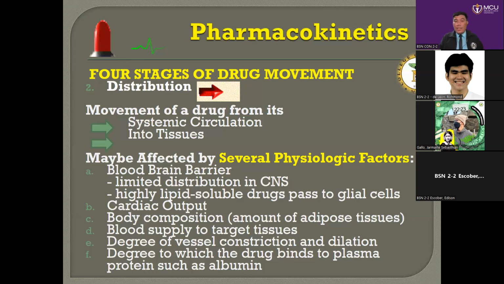Letter D is blood supply to target tissues. Example, the client is diabetic and has a diabetic wound on the foot. One of the things given right away is an antibiotic, because diabetic clients are prone to infection and have slow healing. Our problem here is that the client is diabetic, so the healing of the wound is delayed. It's because the circulation is low due to increased blood sugar. The increased blood sugar itself can also cause a change in the chemical composition of the drug.